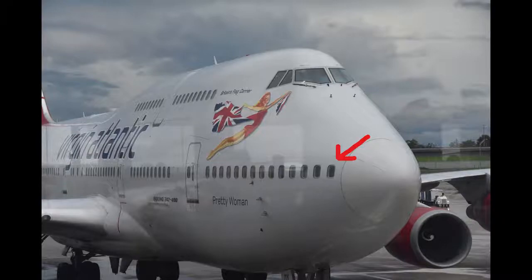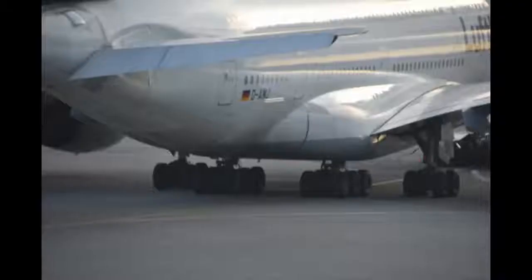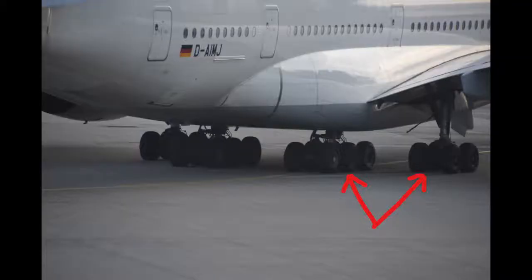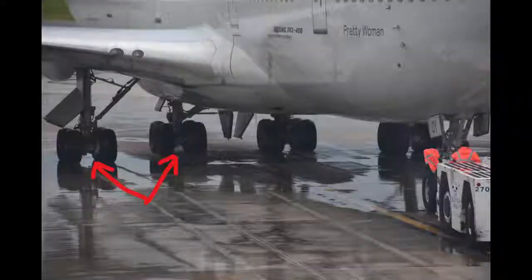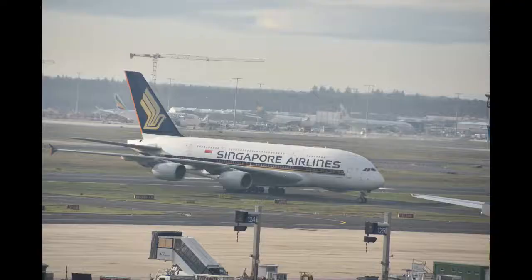As we look at this Lufthansa A380, you can notice another difference as this airliner is rolling by the gate, something about the landing gear. Just like the 747, the A380 has four main landing gear, two body gear and two wing gear. But the big difference here is the body gear of the main landing gear on the A380 has three axles each, or six tires per gear. That's going to differentiate this from the 747 because the 747 only has 2 axles on its body gear with 4 tires. Now these two aircraft are pretty easy to separate from each other,